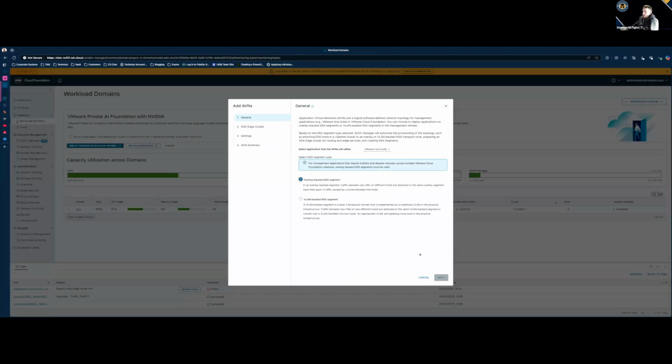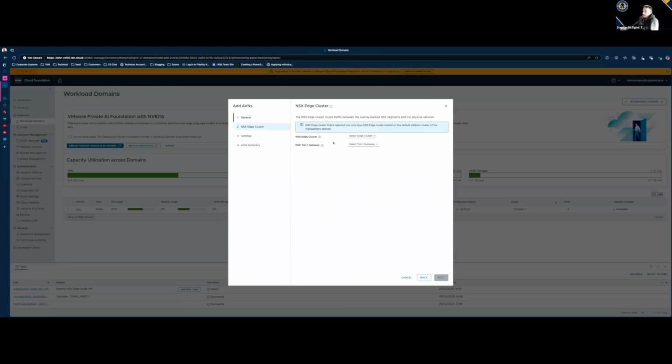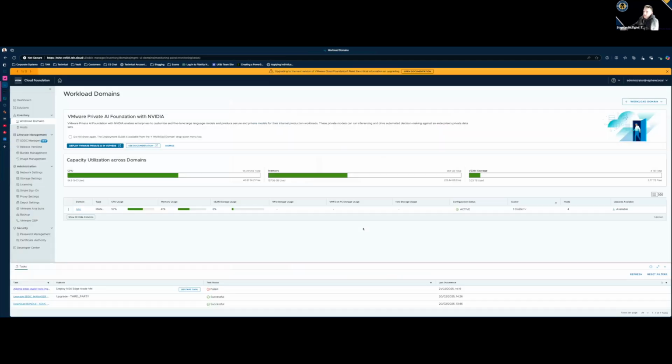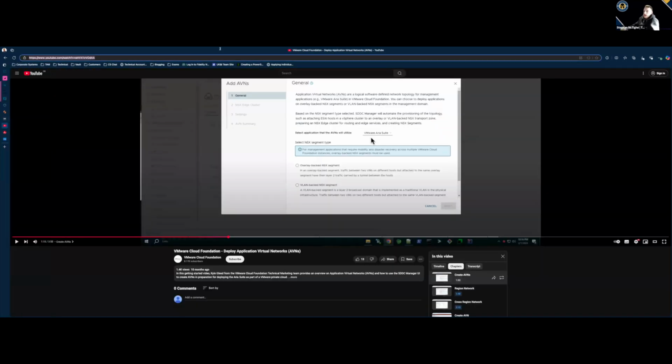So I'm just going to select the overlay back for the second. I'll then have to select a cluster. This now won't work, and I'll go back to the video in a second because I don't actually have a working cluster, but we'd select an edge cluster and then we'd select the tier 1 gateway that exists. But again, if I pop this link in the chat, if anyone wants to go and take a look at it,